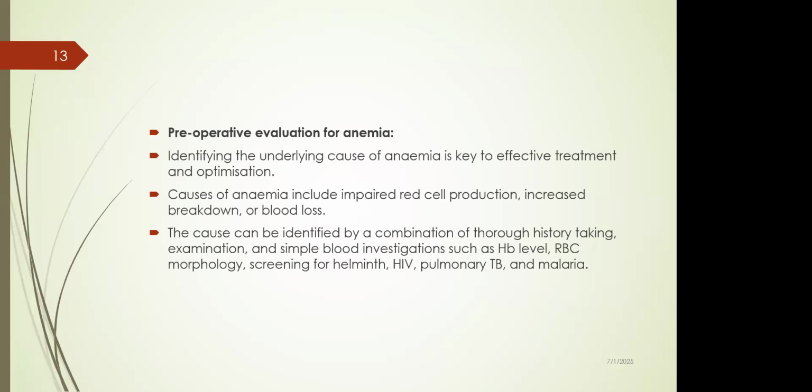Now, identifying the underlying cause of anemia is key to effective treatment and optimization, because there are various causes of anemia which will impair red blood cells, which could be from impaired red blood cell production, increased breakdown, or increased blood loss. The cause can be identified by a combination of thorough history-taking, examination and simple blood investigation, such as the hemoglobin level, red blood cell morphology, and then you screen for common diseases prevalent in the environment like pulmonary tuberculosis,